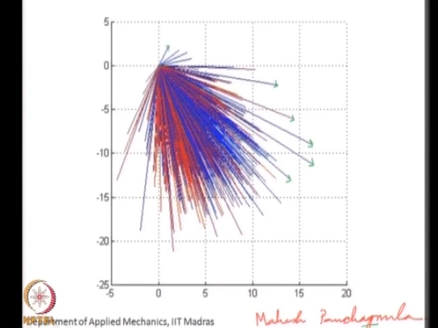The length of the velocity vector is an indication of the magnitude of the velocity, and the direction, of course, is indicated by the direction of this vector. So, if I have drops originating at a given point, let us say here I have drops going in all these different directions, but by and large there is a mean flow direction, but there is a big spread in the angle, in the direction chosen by the drops,